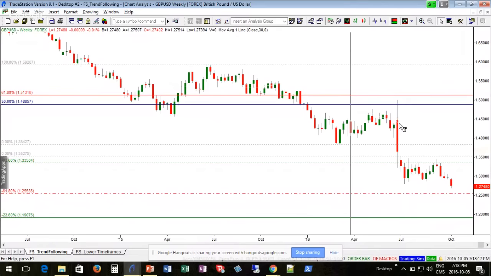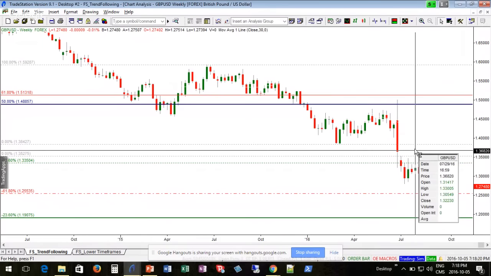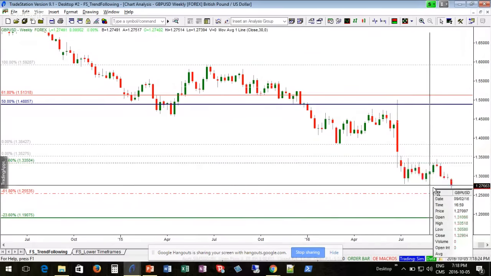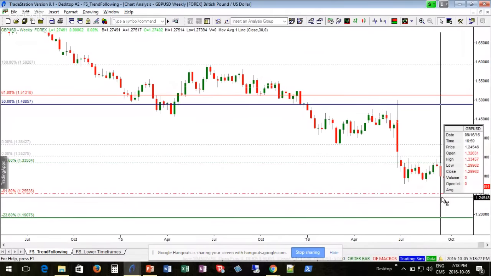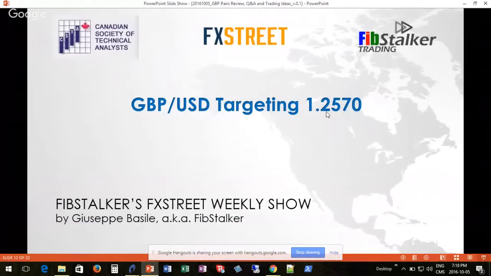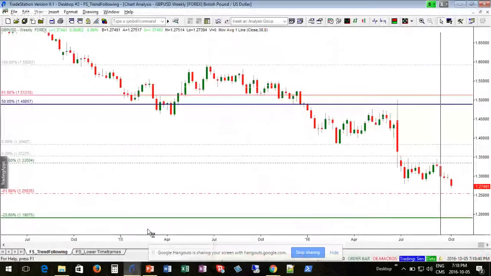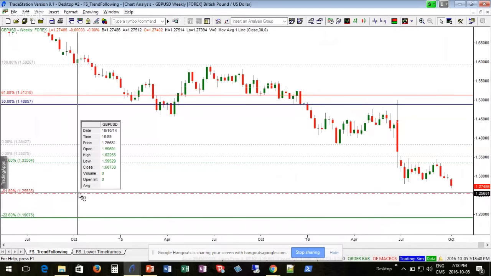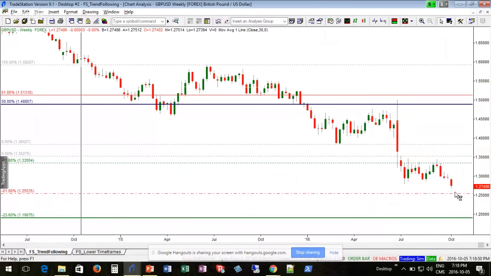The point is that the market has not stopped there this time, has not retraced another 50%, but has gone well below that first target, and it's pointing into 125.53, and that's the reason why the title of this review is pound targeting 125.70. The reason it's exactly this one is that it's targeting a level which is just above this second target here,